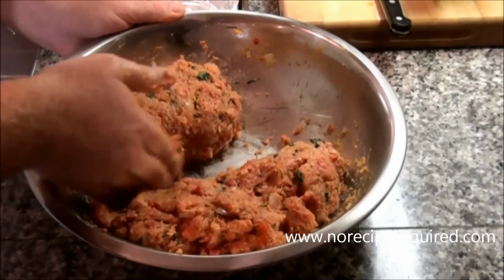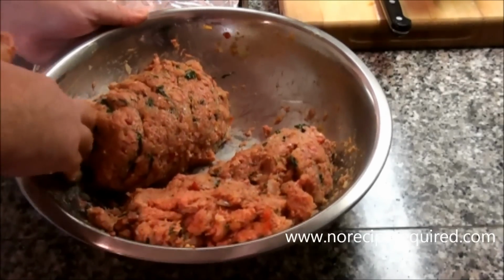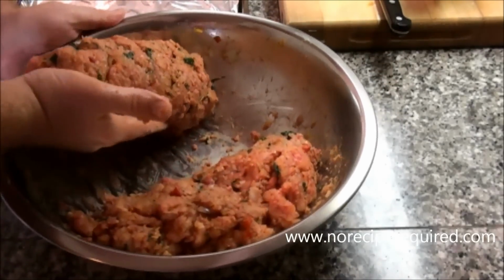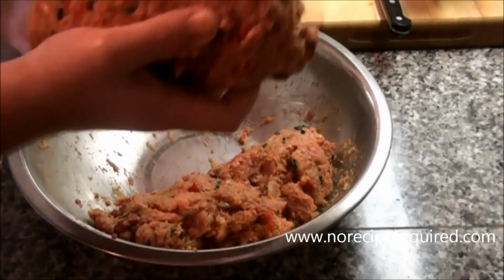And in fact, I'm going to freeze one. I find, mold them and shape them and then throw them in plastic wrap, some foil. They freeze pretty well. For the one we're going to cook, I just kind of lift it right out of the pan, or right out of the mixing bowl, kind of